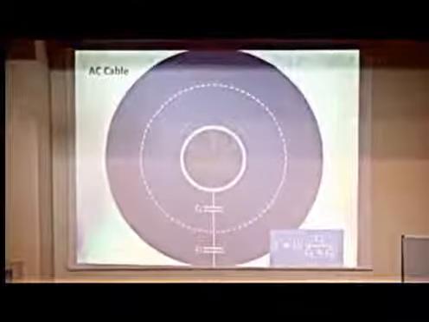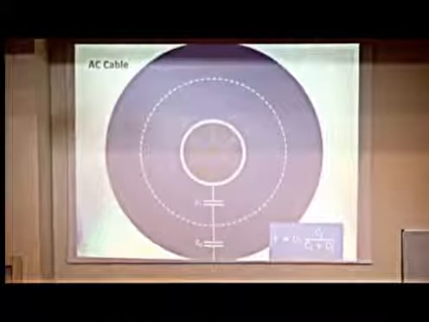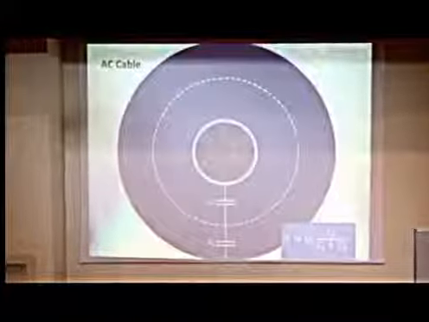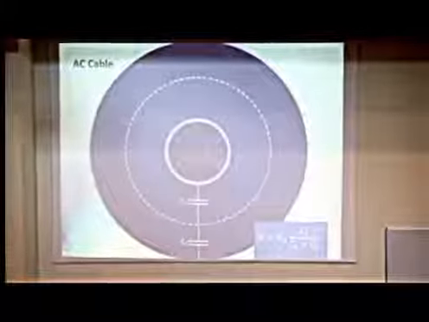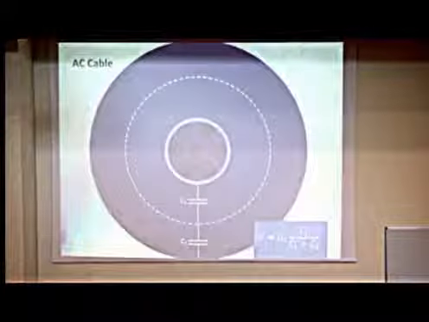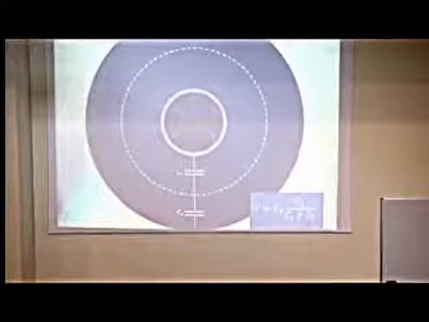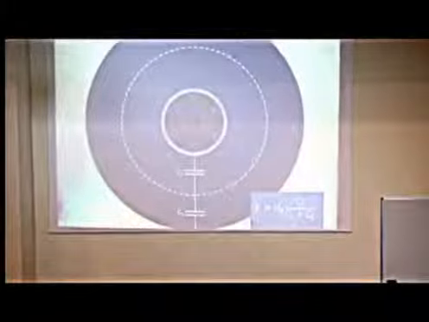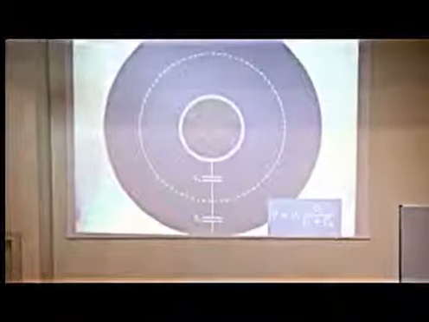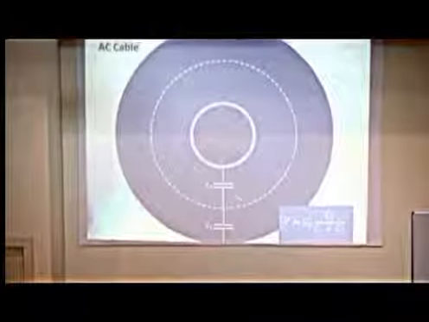So what's this got to do with it? Where am I going with this? Well, this is related to what Len was talking about as well. In an AC cable, the voltage at any point within the cable is defined by the capacitance of the cable. And so you can work out the voltage distribution across an AC cable in terms of the permittivity.